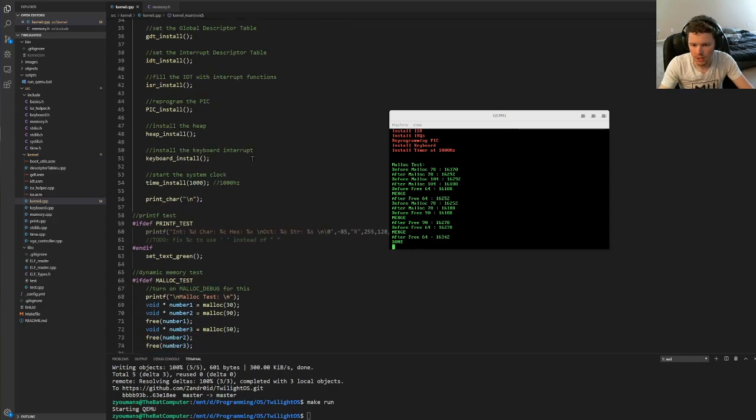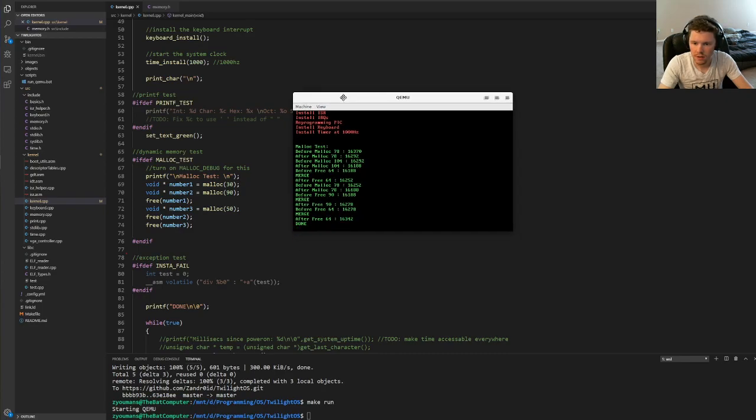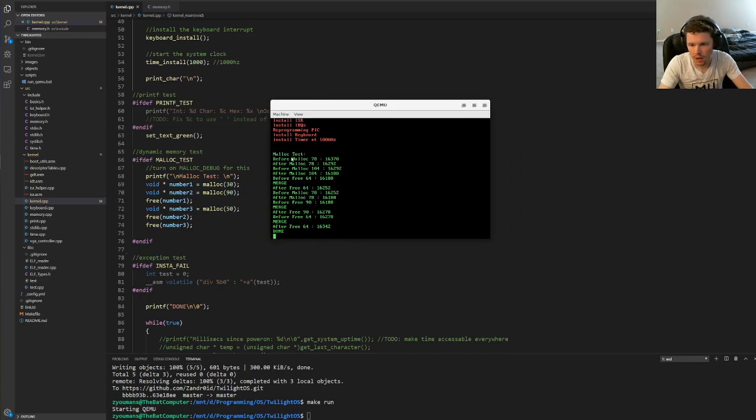So this screen that's being shown right now is the result of this code right here being run. And it's just exercising the malloc and free commands. And what should be happening, I believe anyway, is it does some allocations of these specific sizes, and then it does some freeing. But at the very end of all of this, the amount of the heap should be back to the original size,